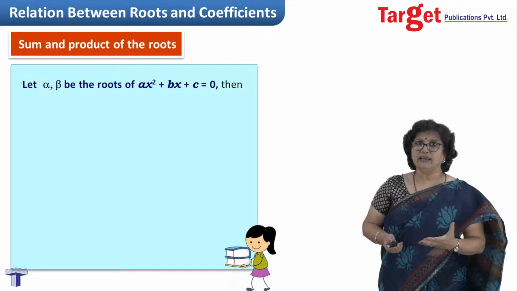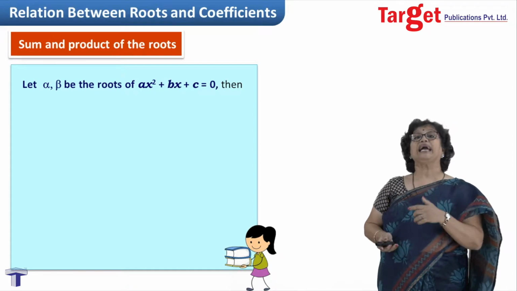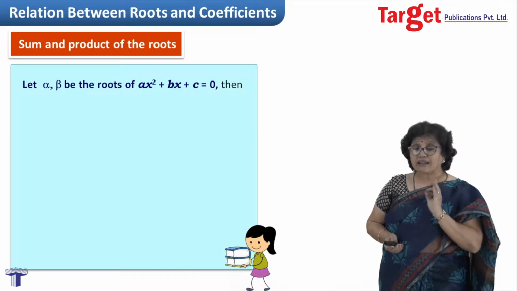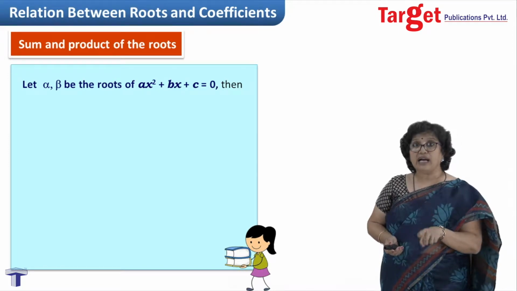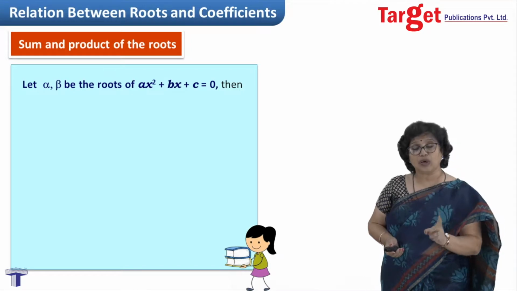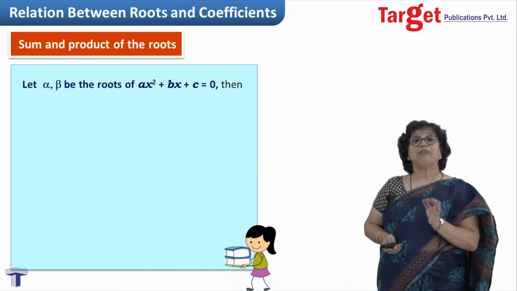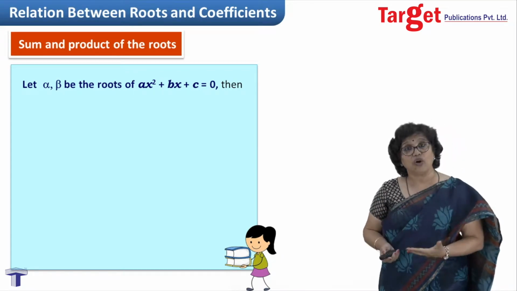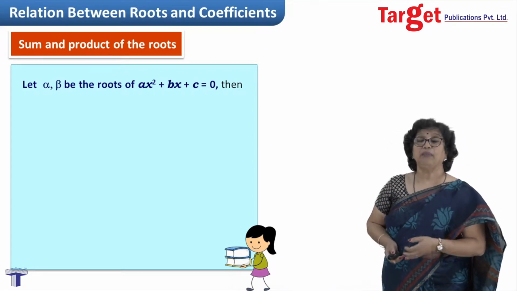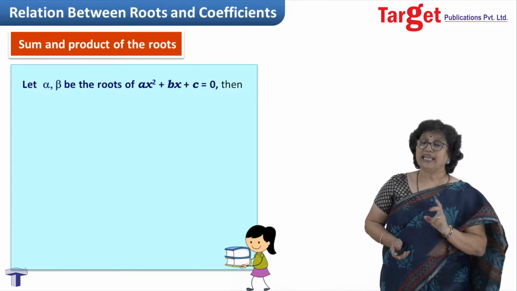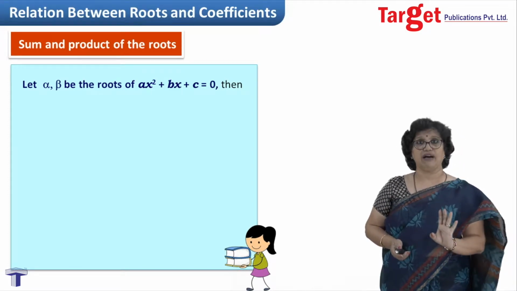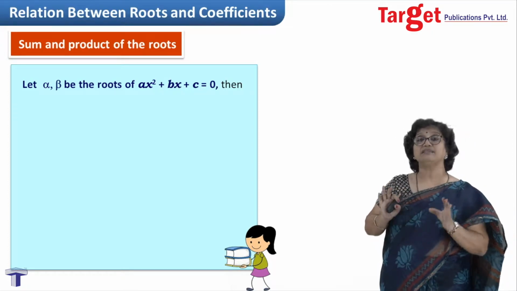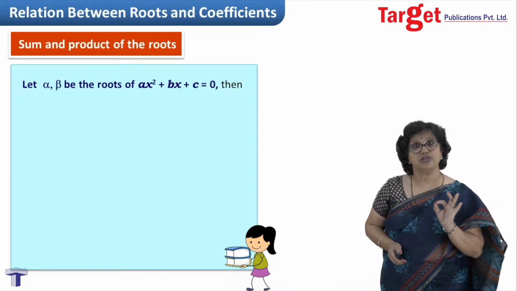What does that mean? Our factor theorem says, if I name ax square plus bx plus c as p(x), then factor theorem says x equal to alpha is root of the equation or x equal to alpha is zero of the polynomial if p(alpha) is 0, for which x minus alpha will have to be a factor of ax square plus bx plus c. Means if alpha and beta are the roots, then one factor is surely there as x minus alpha and second factor is x minus beta, and there could be no third factor as expression is a second degree expression only.